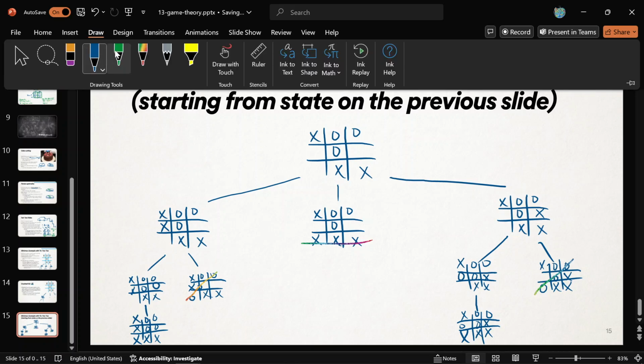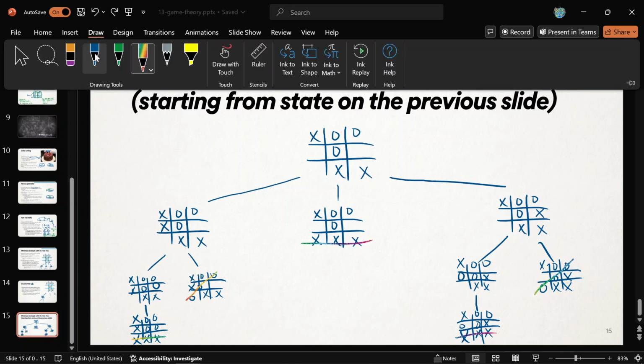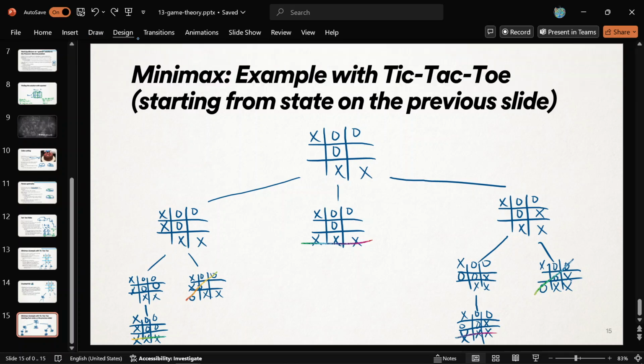All right, so it looks like most of your options are X winning. You got two options, though, where O wins. Okay, so that's the ways that the game could play out from right here. And that's what you start with, all right? And now what we're going to do, here's how minimax works. We're going to assign numbers to the winning games. Okay, so we start at the bottom, essentially, like the lowest level. When the game is over, you figure out who won, all right?